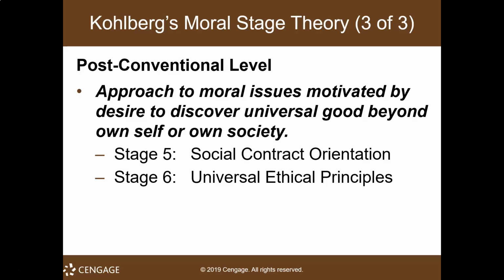Here a person moves beyond the norms and laws of society to determine universal good, that is, the good for everybody, right? Few people reach this level, and their actions are observably different from the majority. So this is an approach to moral issues motivated by a desire to discover what's good for everyone, beyond your own self,